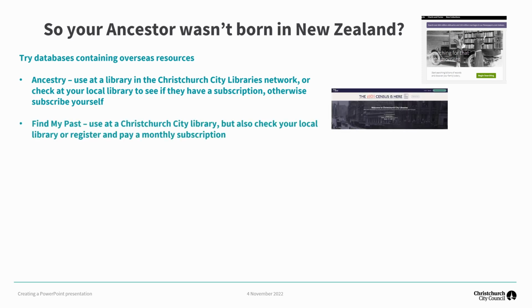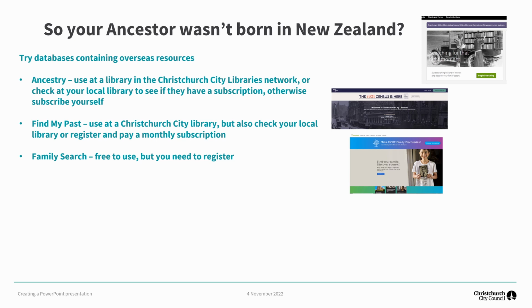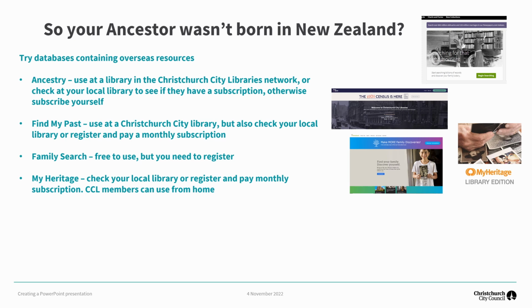Then there's Find My Past, which has less US material but is strong on UK and Australian content, particularly passenger lists leaving the UK. Family Search has a partnership with Archives New Zealand, and they are loading a lot of their digitised records onto Family Search, their wills and probates, passenger lists. So it's really good for New Zealand material, but also useful for overseas records, and it's free. MyHeritage, unlike Ancestry and Family Search, Christchurch City Libraries can access from home by going through the Christchurch City Libraries